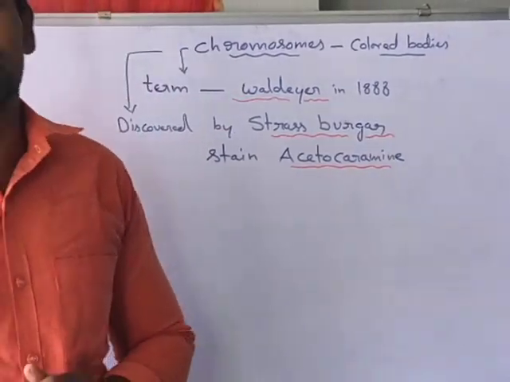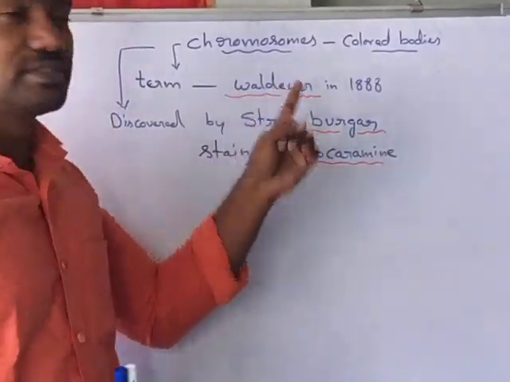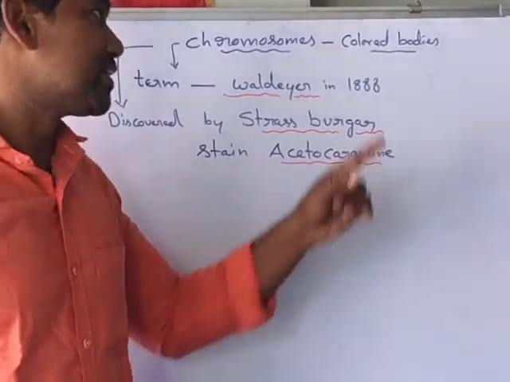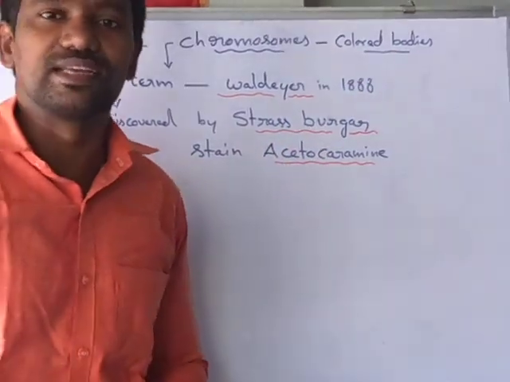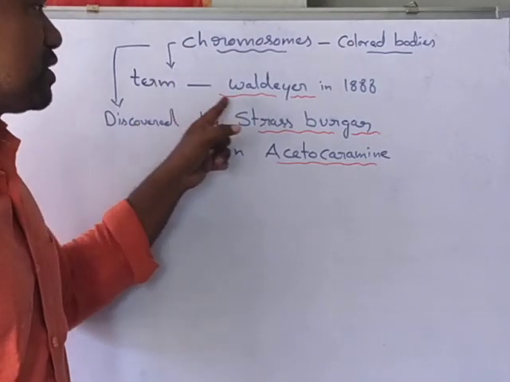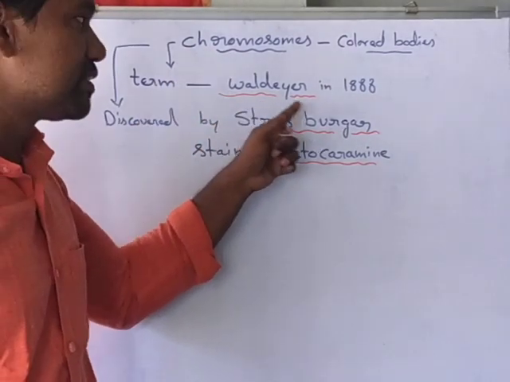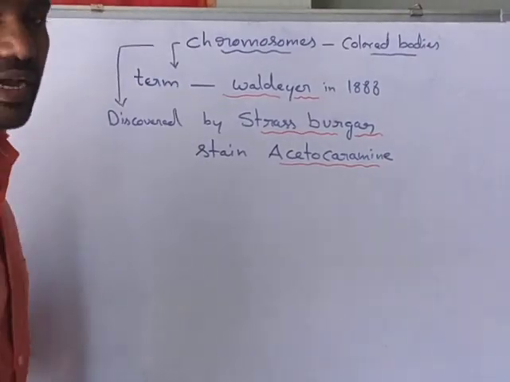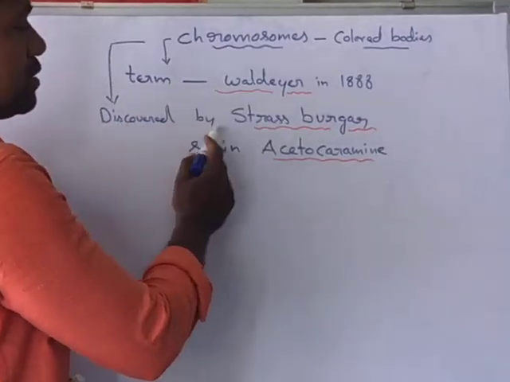In this video, I explain about the chromosomes. So chromosomes generally means colored bodies. Chromo means color. The term chromosomes was coined by Waldeyer in 1888, and these chromosomes were discovered by Strasburger